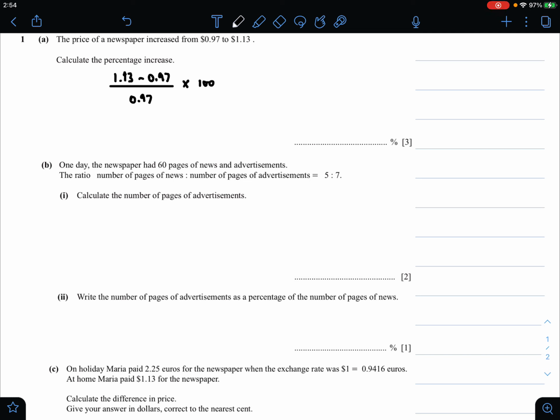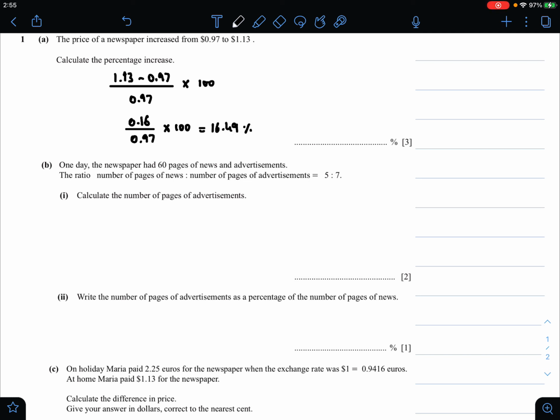So it would be 0.16 divided by 0.97 multiplied by 100, and therefore your final answer for part A would be 0.16 divided by 0.97, which is 0.1649, and if you multiply this by 100 you will get your final answer as